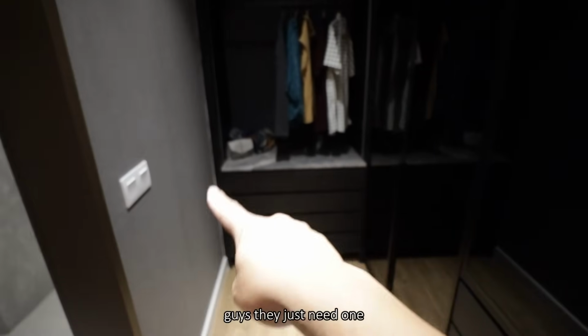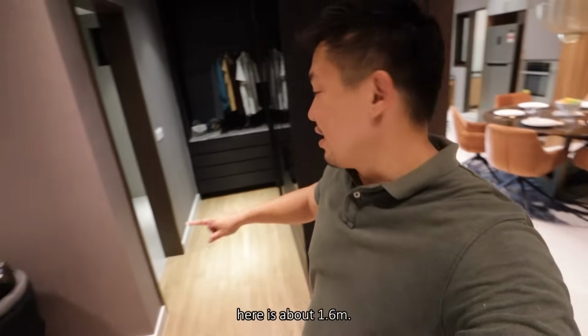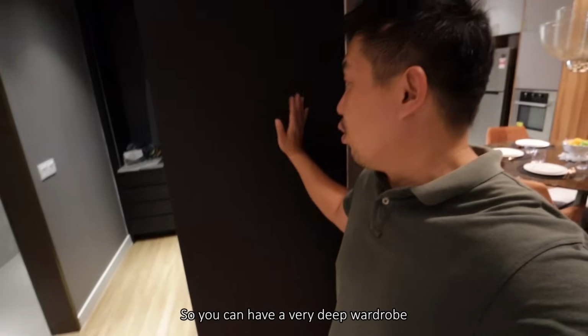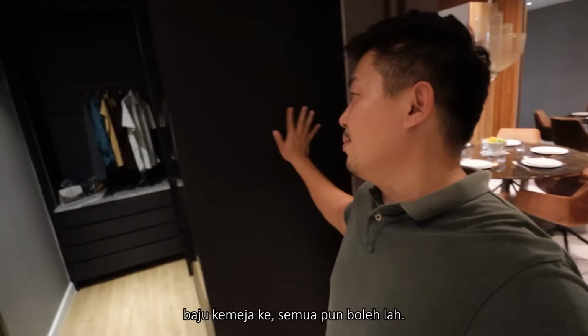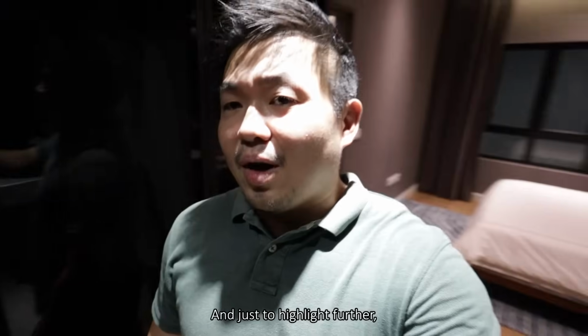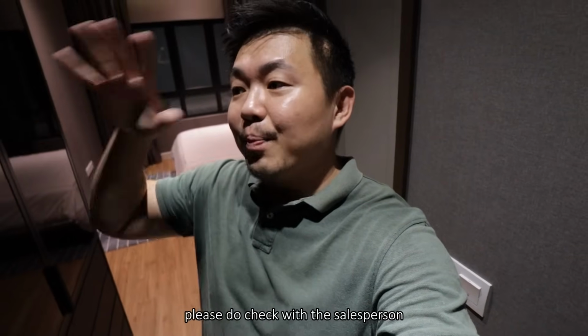Guys, we just need one, maybe this part only lah. So the width of this area here is about 1.6 meters, so you can have a very deep wardrobe. You can put in your suit, baju kemeja, semua pun boleh lah. Okay, and just to highlight further, this is a show unit, so when you come in, please do check